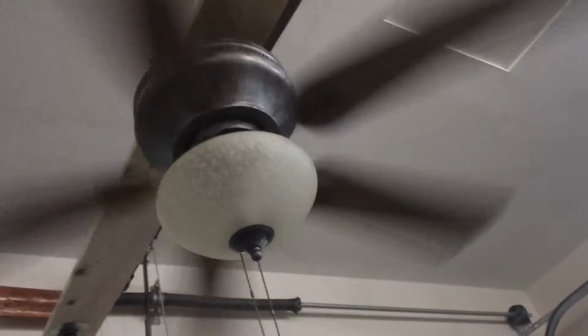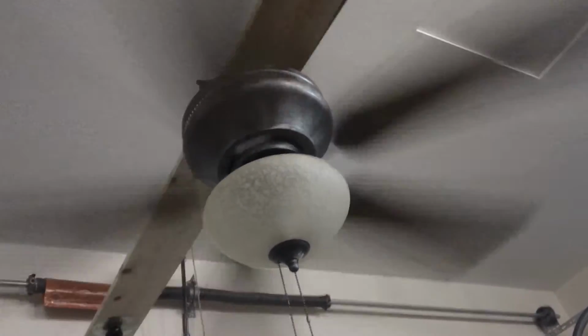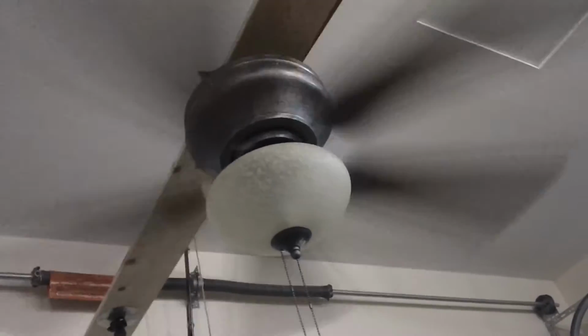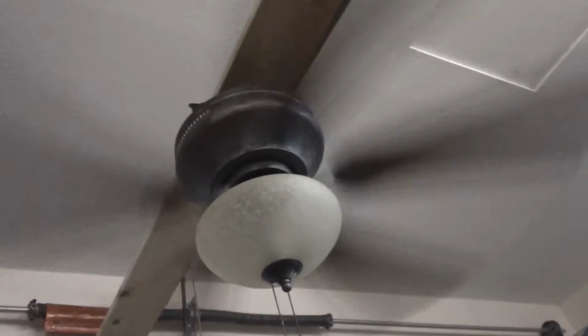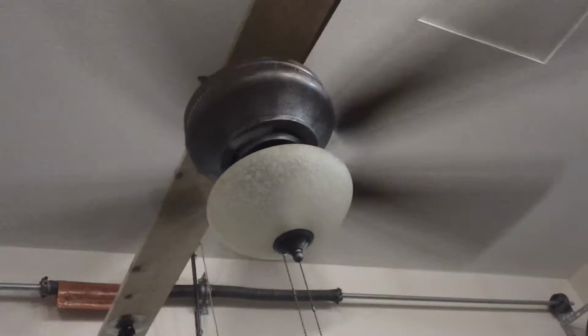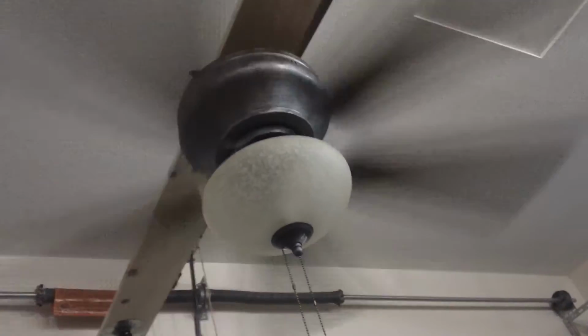And to indicate RPM, I did put a white piece of tape on one of the blade brackets. And when this fully speeds up, I'd say it's probably going to spin at around maybe 190, somewhere around there. It's not the fastest fan ever, but it does actually push some pretty good air, especially after I pitch the blades more to increase performance. It does have some minor bearing issues, even after I oiled it, but they're not really that bad, just slightly annoying. Now for medium speed,